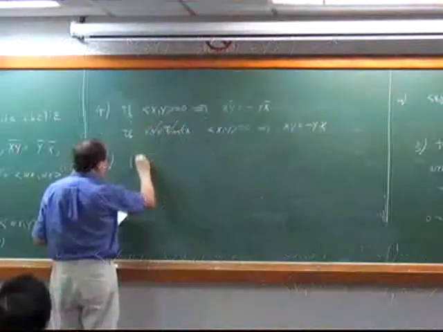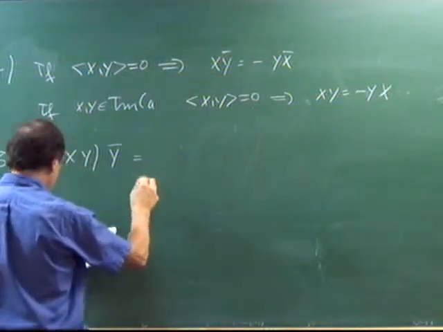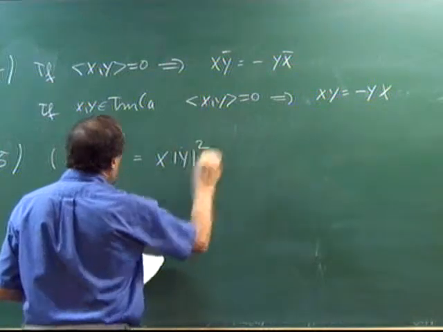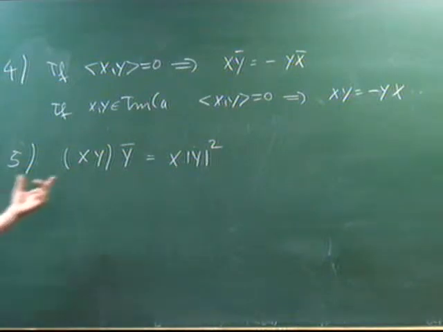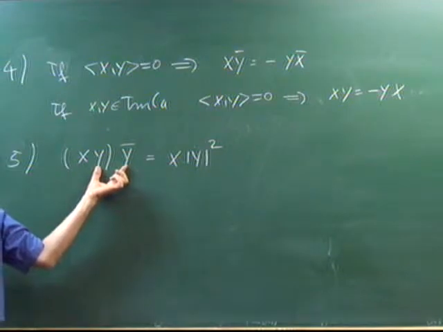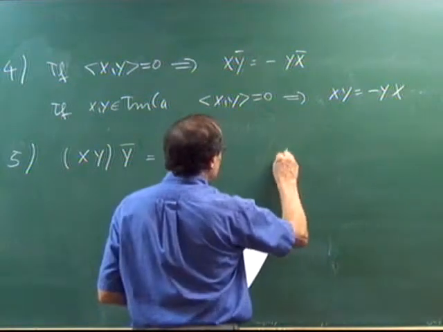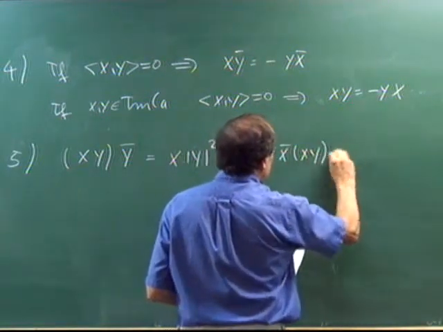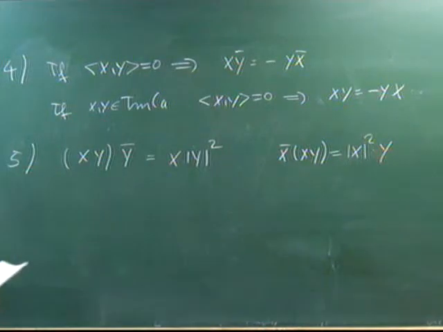Now comes a funny rule that turns out to be useful. It's kind of a partial associativity. Remember, I can't put brackets anywhere I want to. They're not associative. But in this case, I can. It's like if I put these together, it's norm y squared, as if I were allowed to do that. Right, so here's one case where I can do it. Similarly, if I do it on the left, to see that,